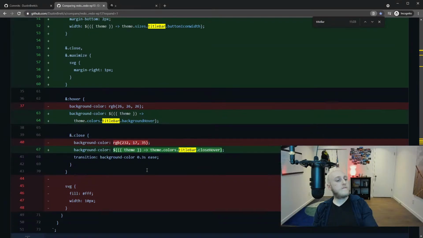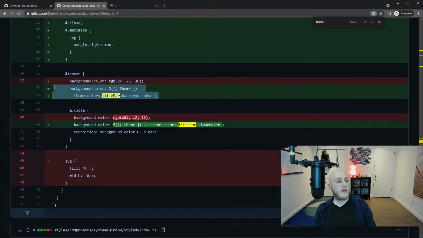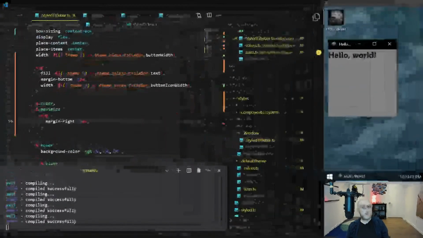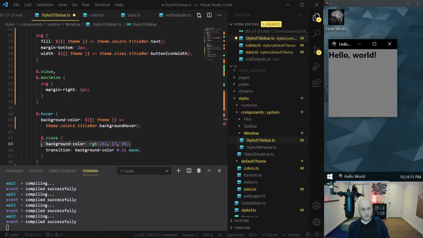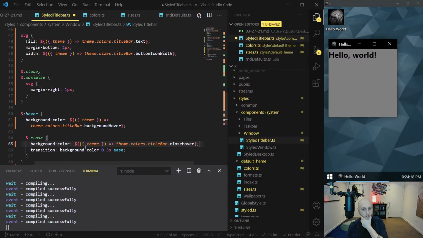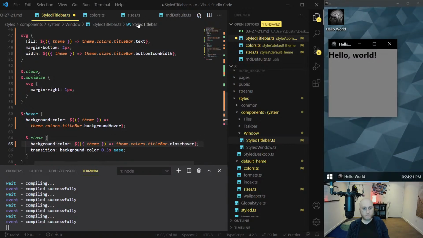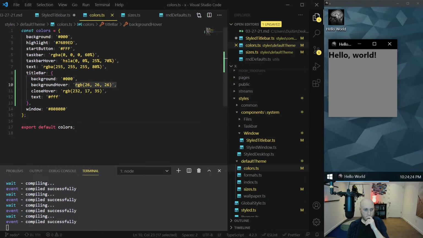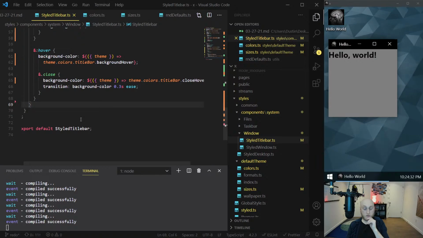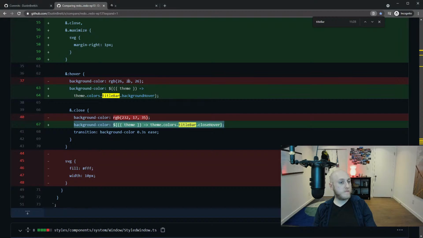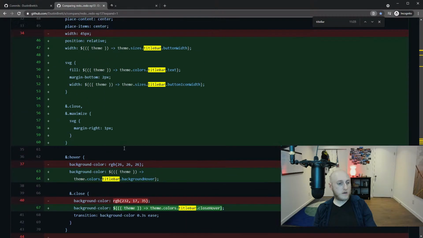What's next? The hover stuff. Yeah, so I have a theme color now for this. So the background color for hover is now a theme element, as is the background color for the close one. Now the close one I don't think changed. I don't think either of them changed. Let's see, colors. Yeah, that was always 26s, and these didn't change. So I just made them theme elements. And I think that's it. So remember, I mostly just worked on the buttons this time. Yeah, that's it. I got every piece there,